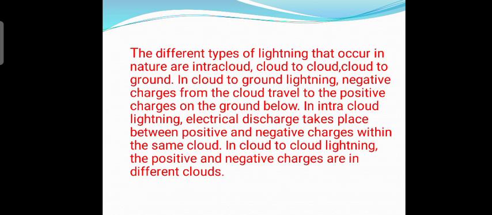As we already discussed, students, in a cloud, the lighter water droplets will go up and the heavy droplets come down. The heavy droplets are negatively charged and the lighter ones are positively charged. So if this happens within the same cloud, it is called intra-cloud lightning. While the third category is cloud to cloud lightning, where the positive and negative charges are in different clouds.